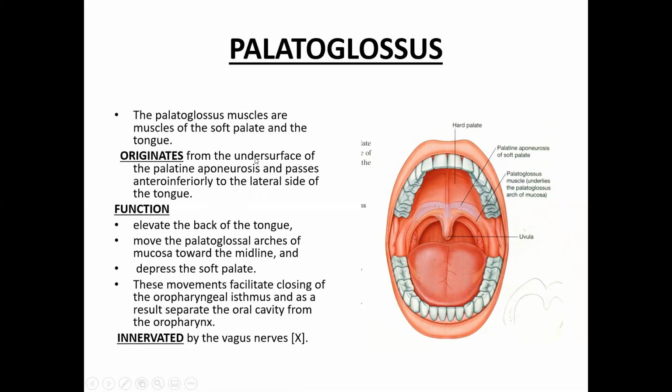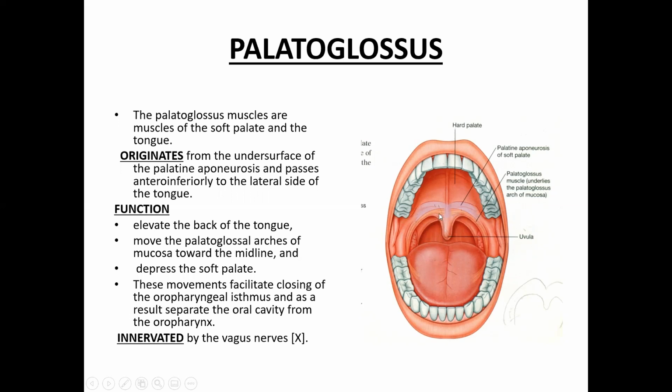It comes from the undersurface of the palatine aponeurosis and passes anterior-inferiorly to the lateral side of the tongue. They take origin from the palatine aponeurosis, which is a sheet that is part of the tensor palatini muscle. The tensor veli palatini muscle makes the bulk of the soft palate, and it is covered with mucosa. So the palatoglossus muscle takes origin from the palatine aponeurosis, from its inferior surface, and